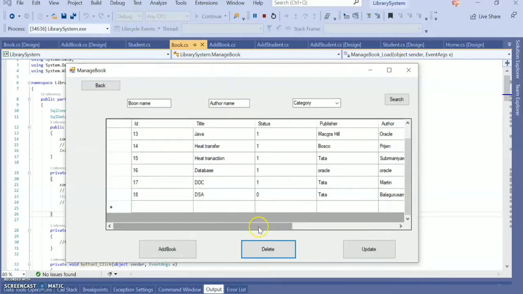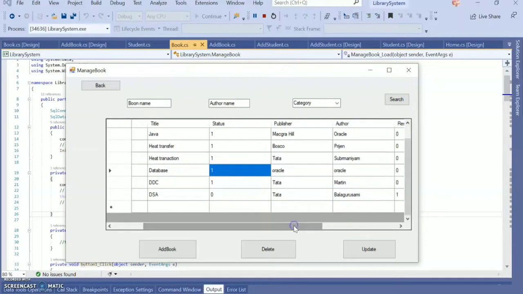The DSA book is already available, and all other fields, like title DSA, status 0. Here, status 0 indicates that this book is not issued by any other student or faculty. For database, the title is database and status is 1, which means this book is already issued by some other student.